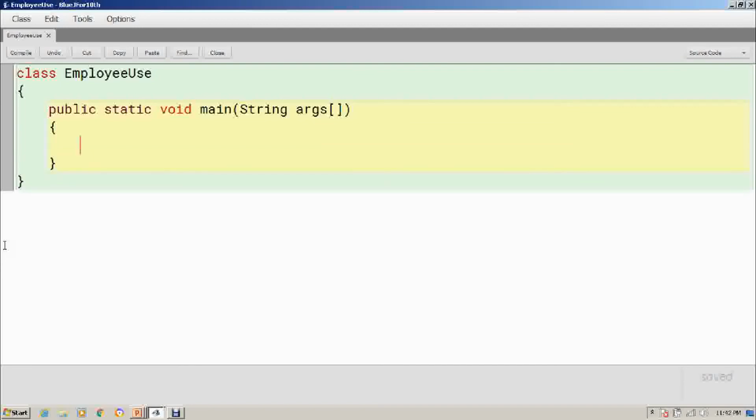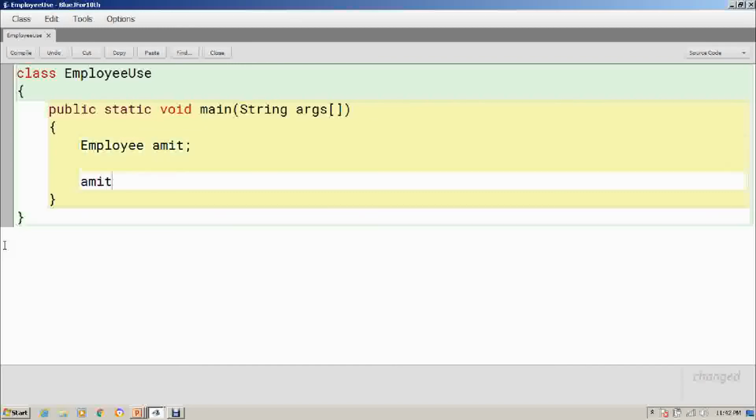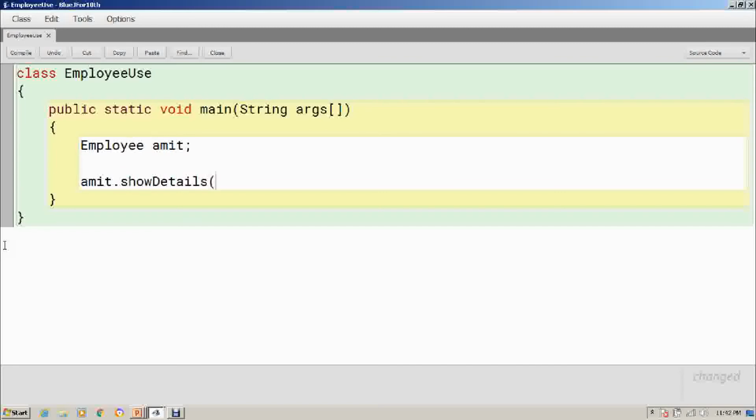Now I'm going with the syntax. To create an object of employee, I have to give the class name, and then give an object name. I have declared the class object. That's fine. Now if I want to call any method, like the accept method, or the show detail method, I will give the object name, dot operator, and show detail. Why I'm using the dot operator, I explained already, so don't worry about it.